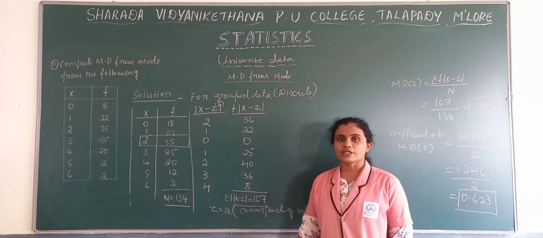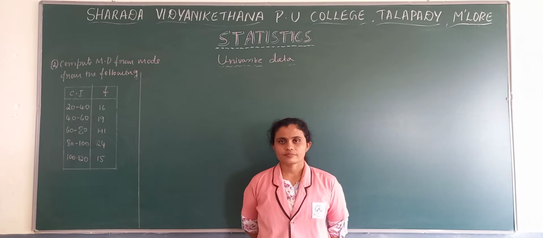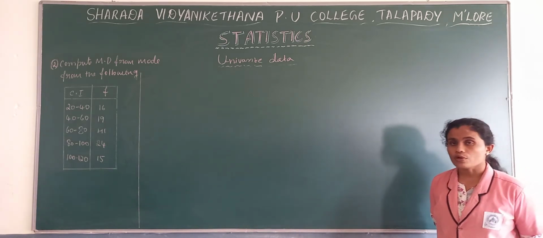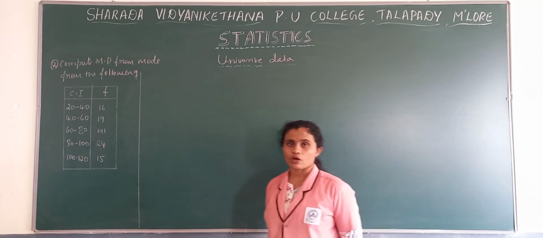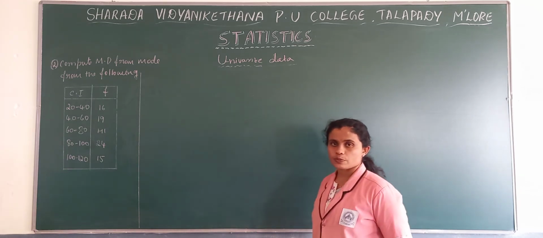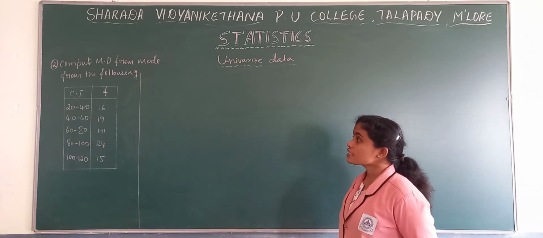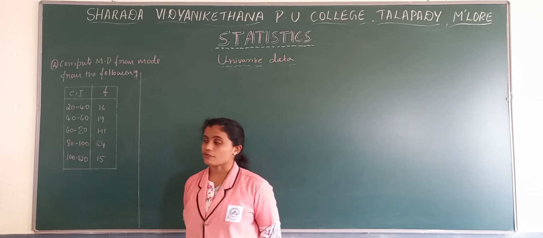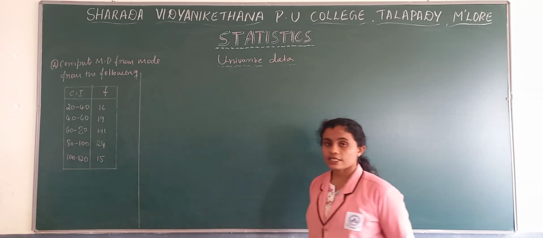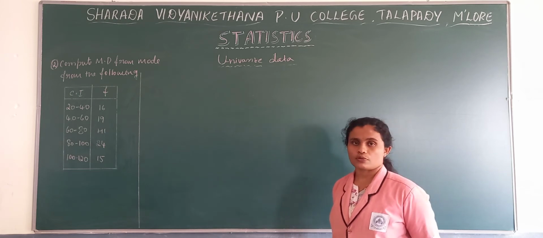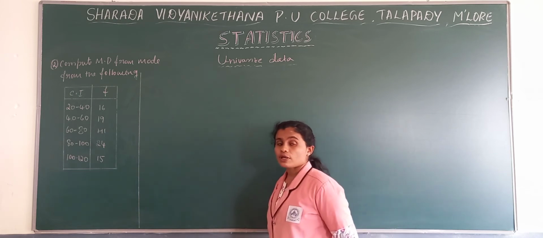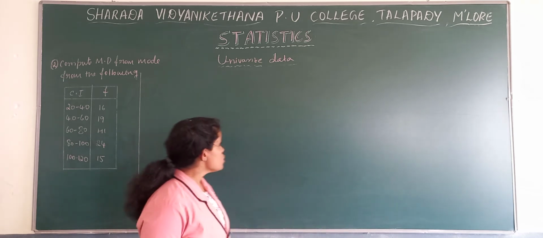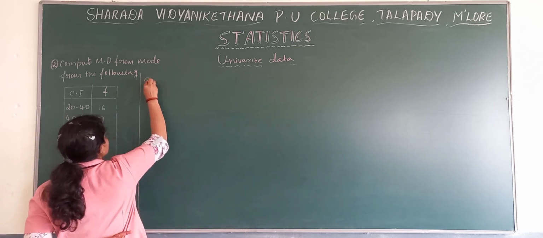A continuous problem under mean deviation from mode. Now we will see the last problem under mean deviation from mode, and with this we can complete the topic of mean deviation. Then we can move to the next measure, that is standard deviation. Now we will see the continuous. We have continuous data now. Compute mean deviation from mode for the following. When you observe, we have continuous data here. So firstly we need to find the mode, and we need to apply the continuous formula to find the mode. Then the mean deviation from mode. So we'll see the solution now. Write the solution.